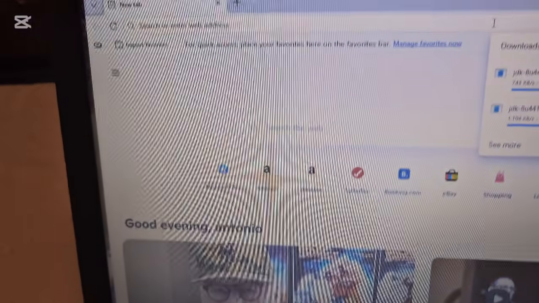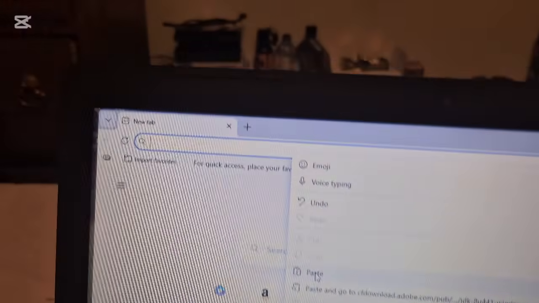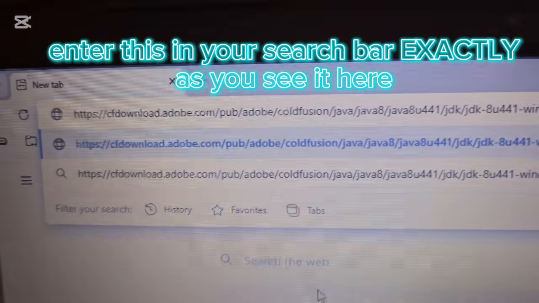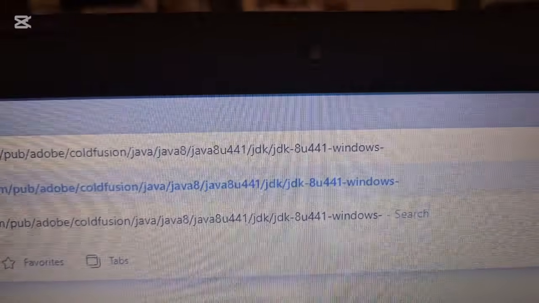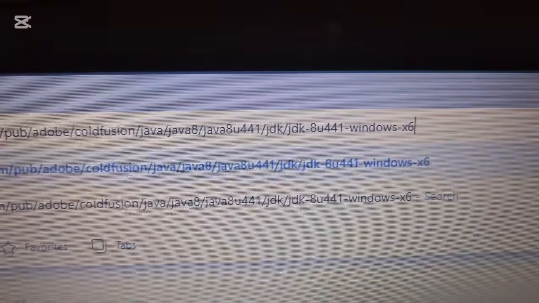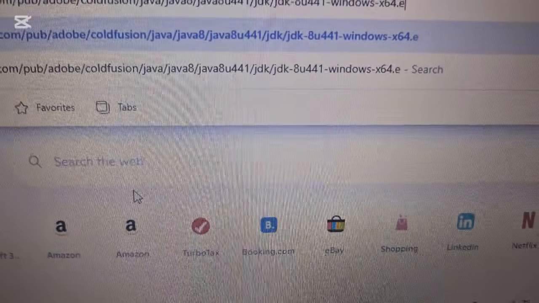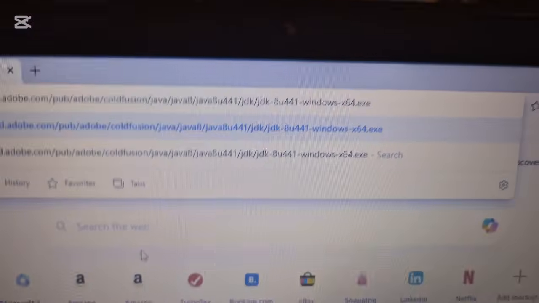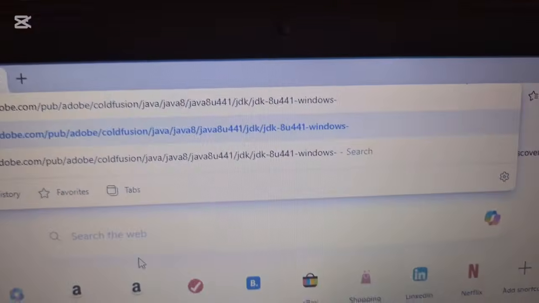And the web address to get these, type this exactly into your browser, and then for one it's x64.exe, and then you hit enter. The first one will download. The second one is